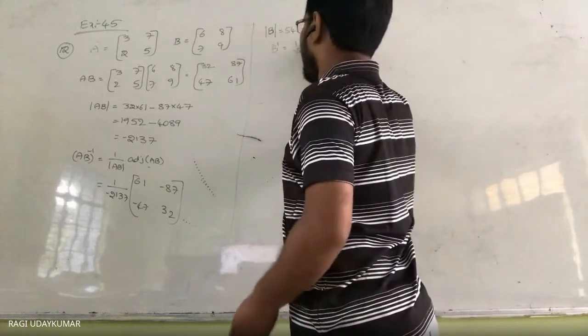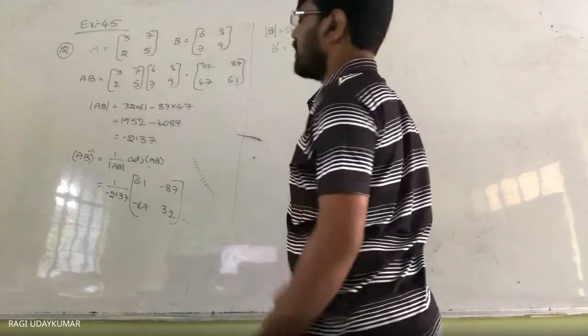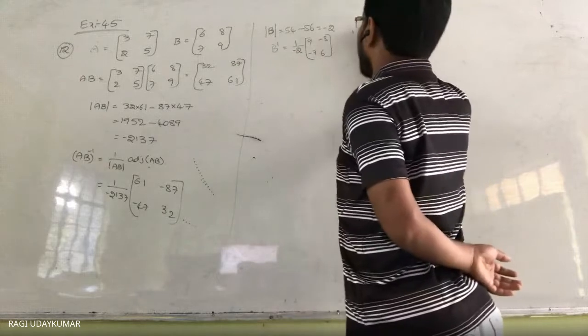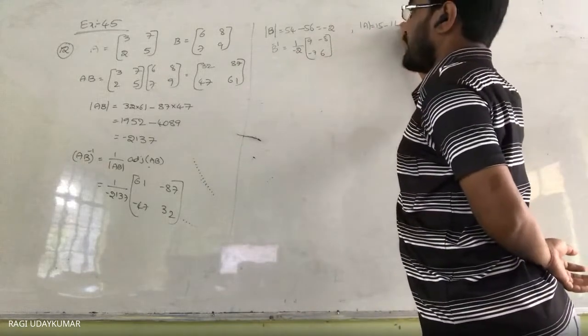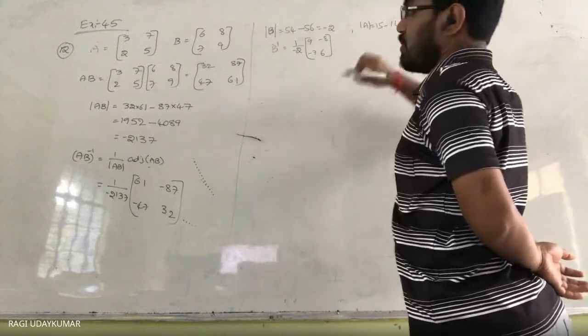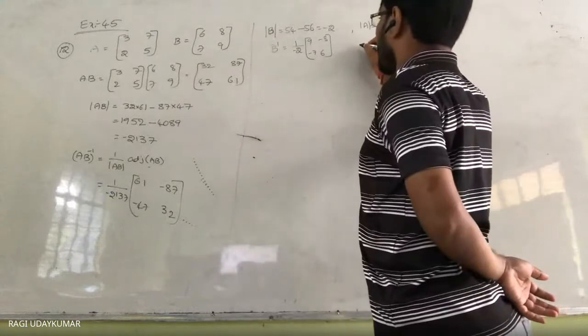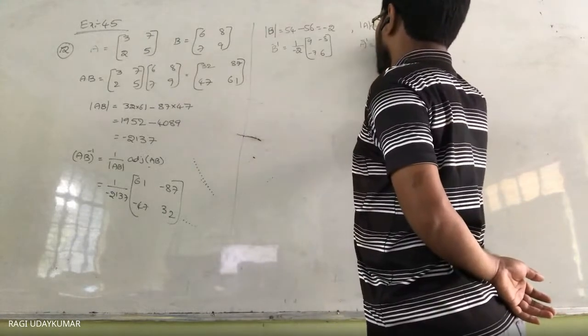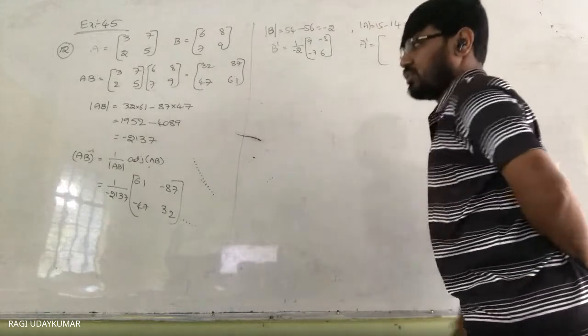interchange: 9, minus 7, minus 8, 6. In the same way, find the determinant of A: 15 minus 14 is equal to 1. Determinant of A is 1, so therefore A inverse is equal to